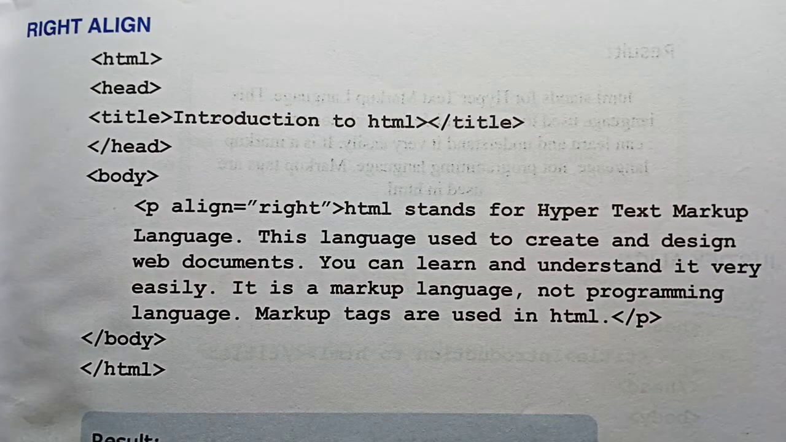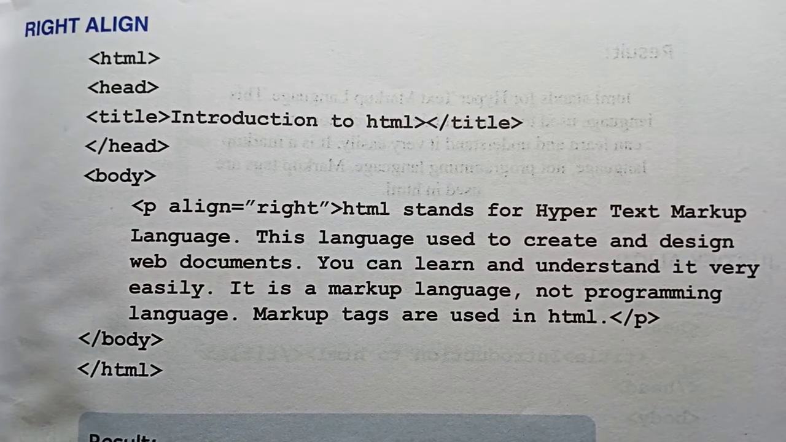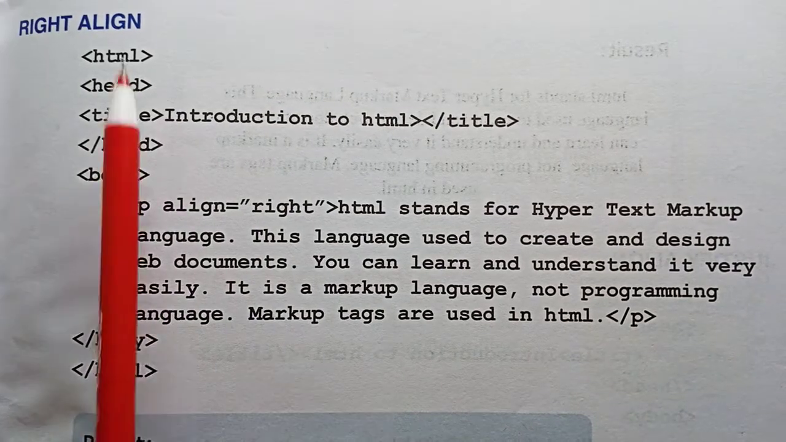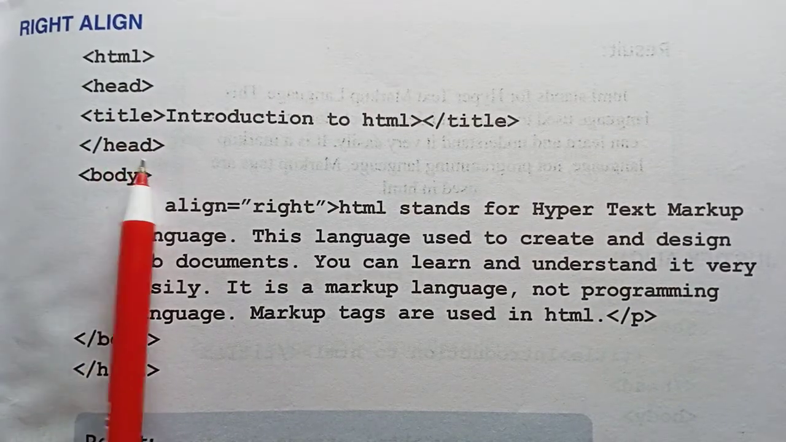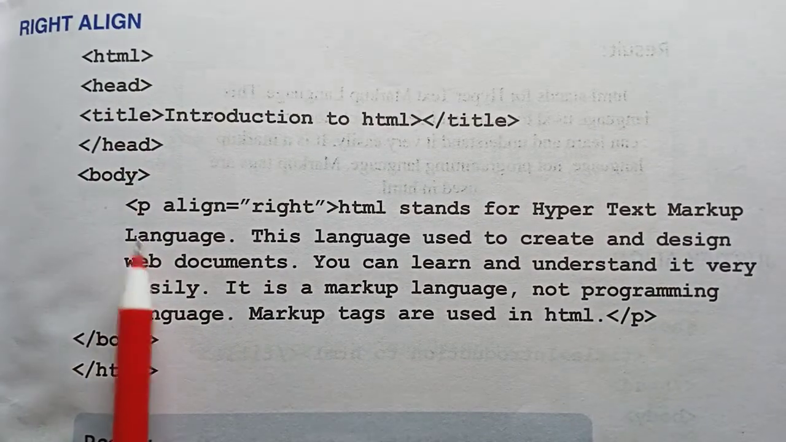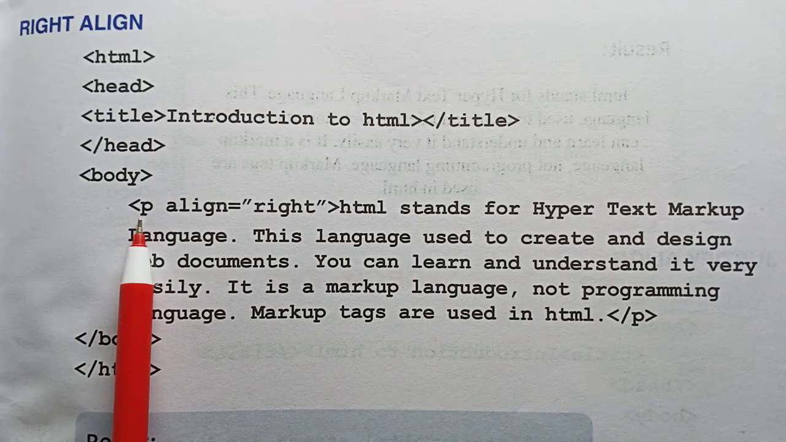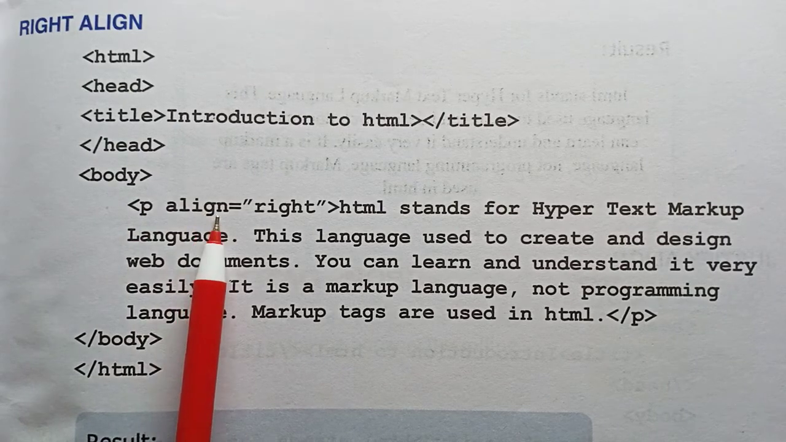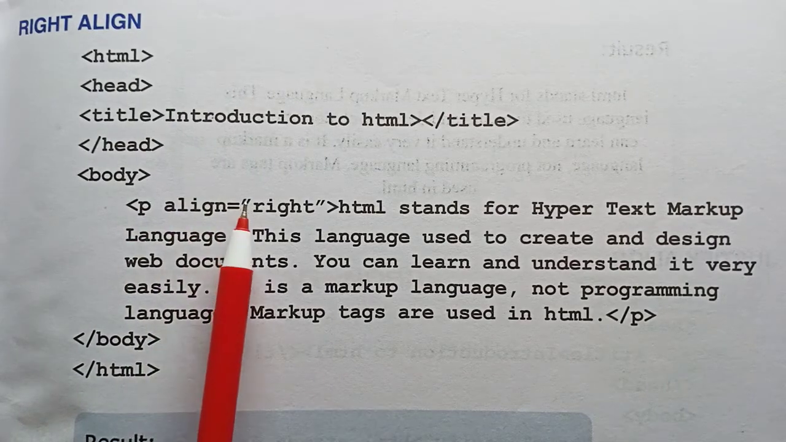Next we move ahead with another type of alignment, that is the right alignment. So nothing is going to change over here also. Everything is the same. You have to write the HTML, head, title, close the head, and give the body. Then for the paragraph you have to give the P. But because we are going to change the alignment with the P, we will again write the attribute align equals